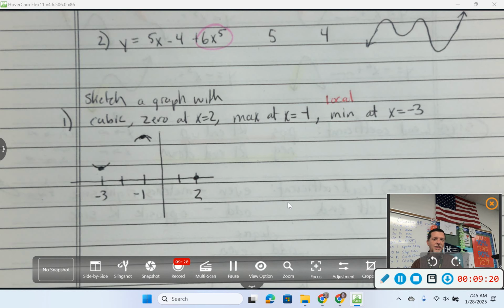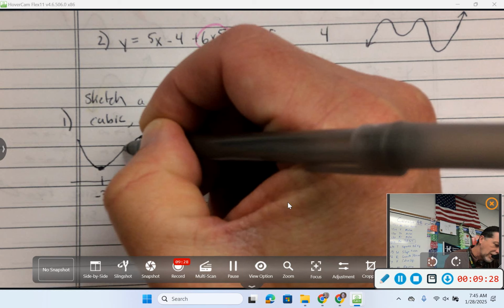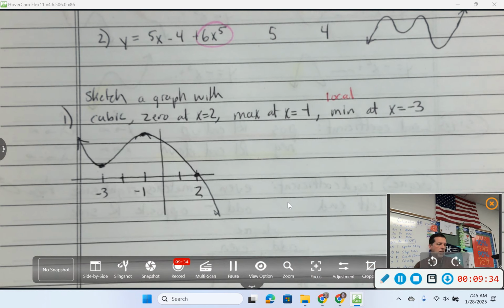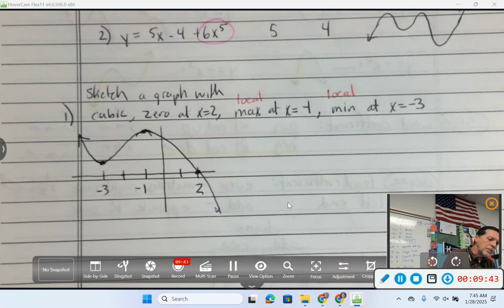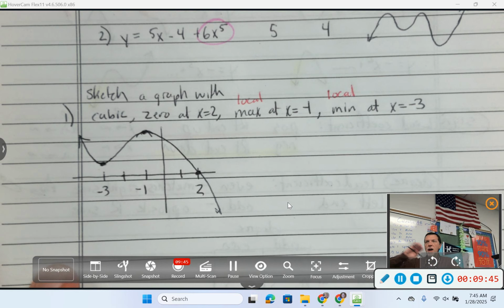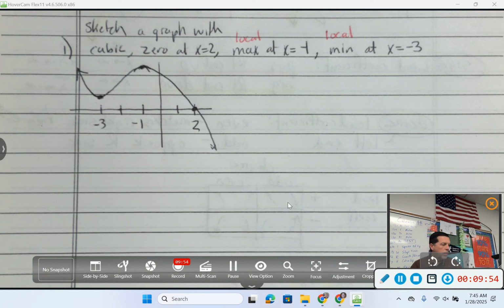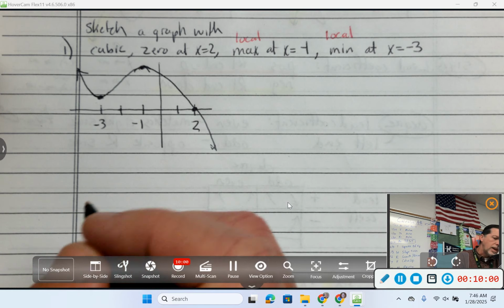And then I see if I can sort of connect all that information with a cubic. And it looks like I can, like this, this, this. Something like that. That's a really good point, Jack. Though when we say max and min, we mean a local max and a local min. Just the top of the hill, the bottom of a valley. But it might not be the tallest hill, and it might not be the lowest valley. So those maxes and mins are just based on this